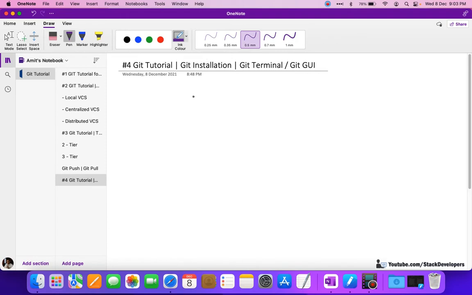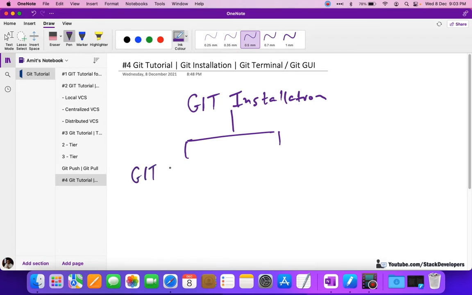The first one is the Git command line tool. We also call it the Git terminal.